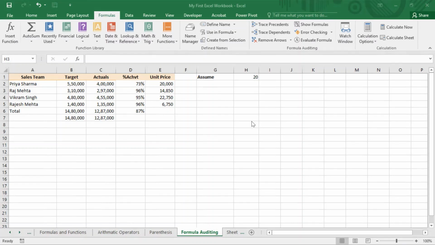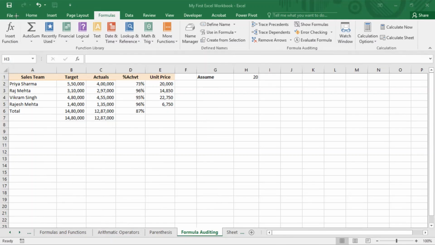And today we'll discuss a very important entity involved in Excel, since formulas and functions, as I told you, are the bread and butter of Excel. And if you do not know how to utilize formulas, how you can audit the formula, it would be very difficult for you to utilize various models and debug or rectify the errors that you encounter. So, the most important aspect that we are going to learn today is about